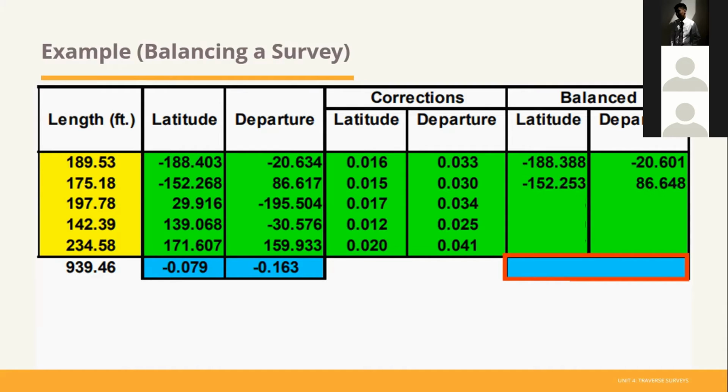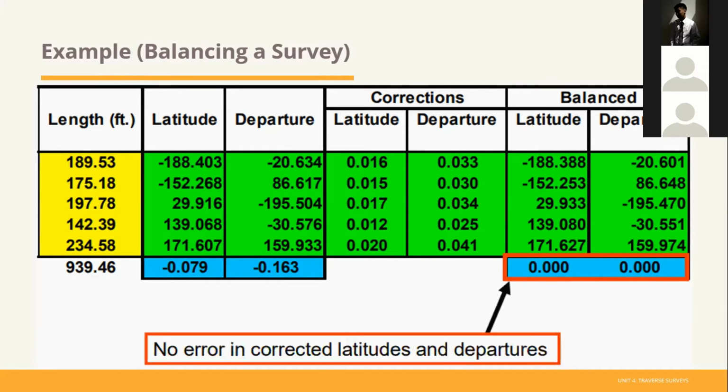And also for this balance, we will get these values, and summing this up, the latitude and the departure, we will get zero values. This means that there is no error in corrected latitudes and departures. So that would be all for this example, and